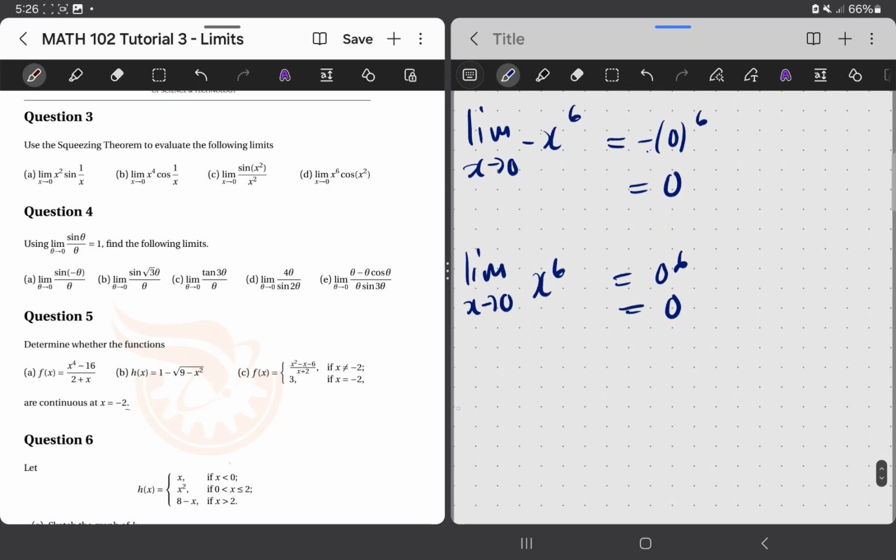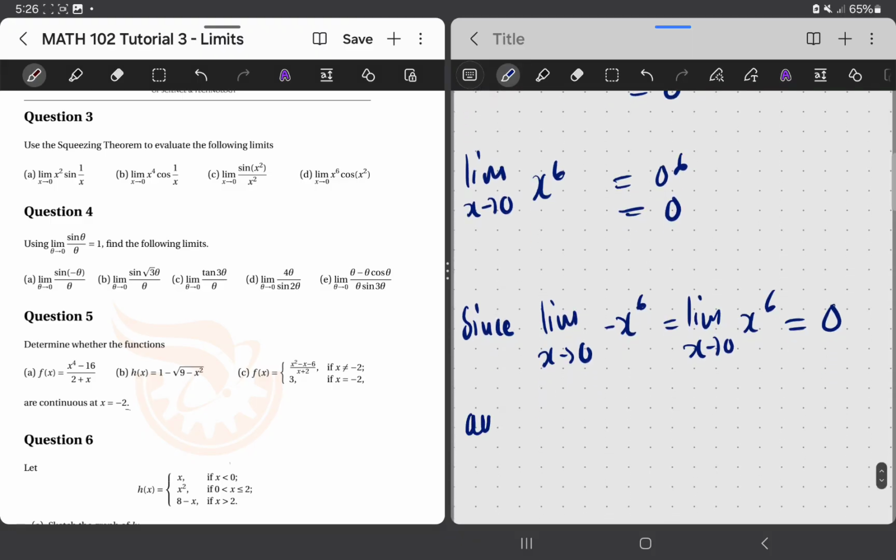Now we can say, therefore, since the limit as x goes to 0 of negative x to the 6 is equal to the limit as x goes to 0 of positive x to the 6, which is equal to 0, and also negative x to the 6 is less than or equal to x to the 6 cos of x squared, which is less than or equal to x to the 6, therefore,